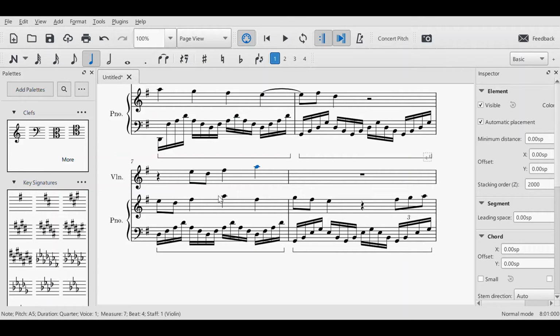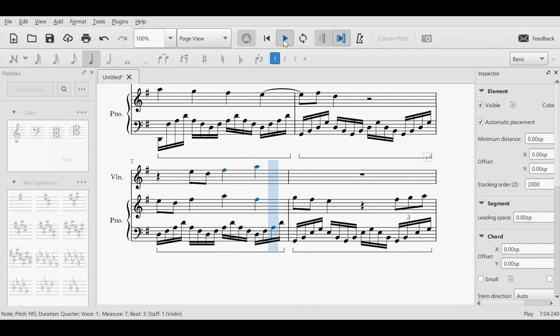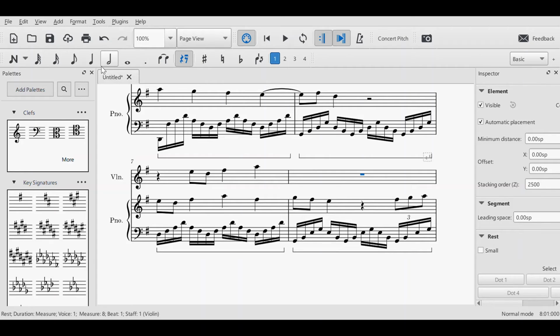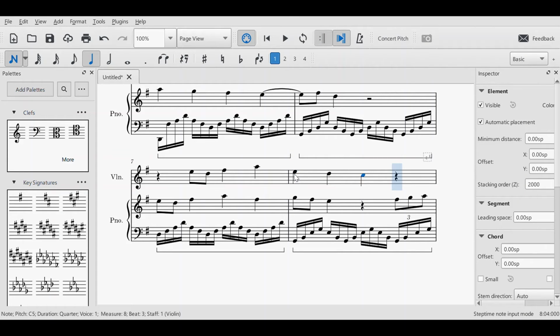Here, because the piano is doing A, F sharp, maybe I'll be changing it up by doing F sharp, A. Let's see how that one sounds. Okay, because I was doing major third intervals above the piano's right hand, this time I'm going to try to do third intervals below. Because this is G, I'll be doing E, because G is a third above the E. Okay, I'll be matching that up by doing